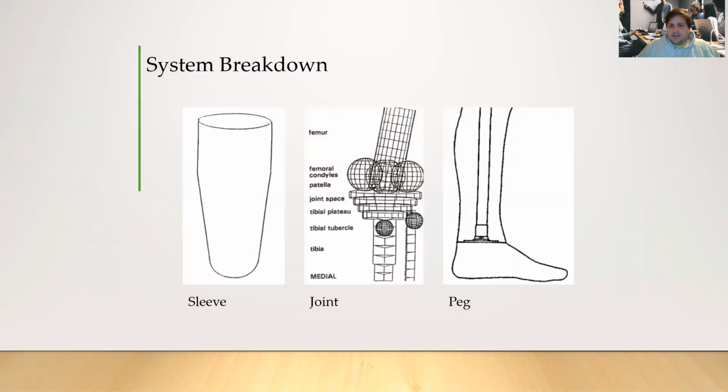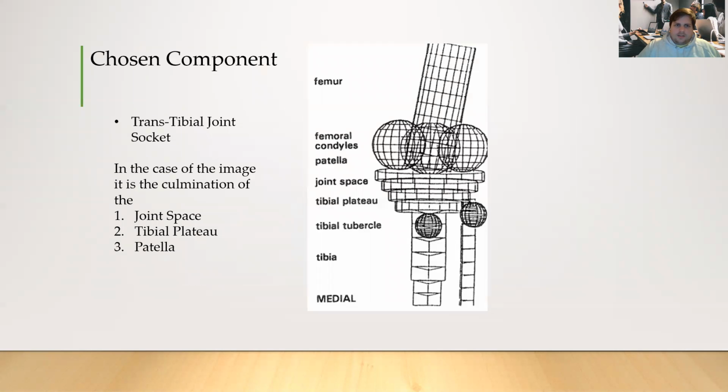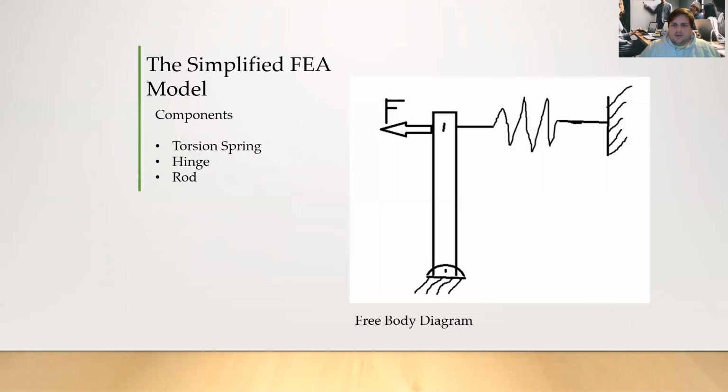Going over what I was just talking about, I categorized it into three different parts of the prosthetic: the sleeve, the joint, and the peg. I will be focusing on the peg part of it, which I will further along just be referring to as the rod, because it makes more sense that way. Skipping that slide, when I was simplifying this,